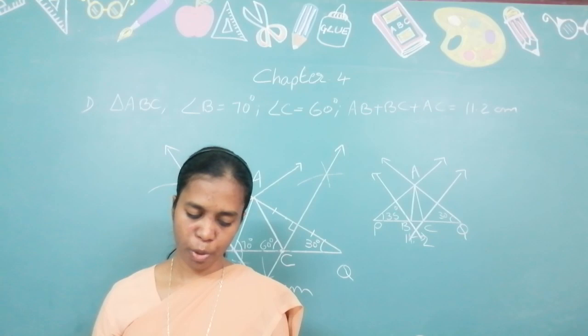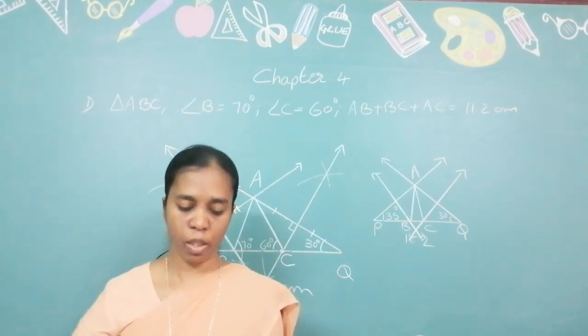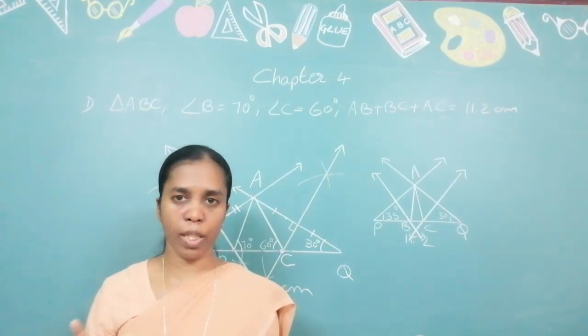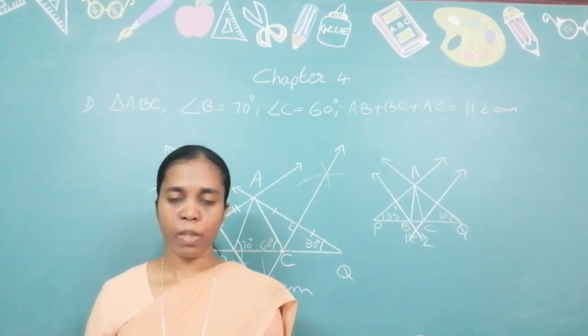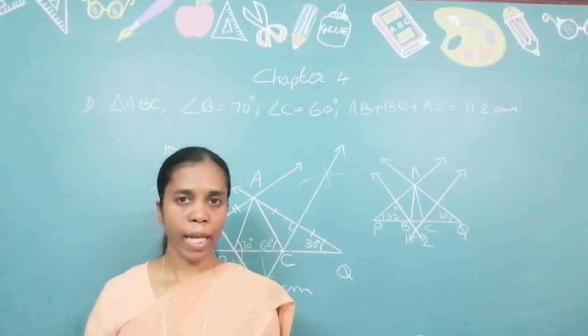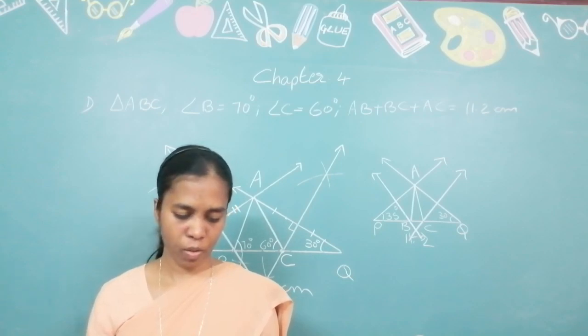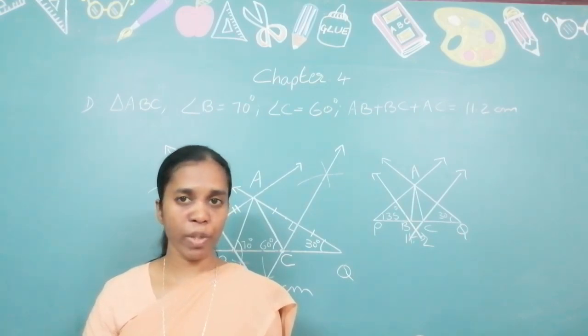Perimeter of a triangle is 14.4 centimeters. The ratio of the lengths is given to you. You are not told that one side is equal to this much, second side is equal to this much. Whenever a ratio is there, you have a constant attached to it. So you can consider x to be a constant over there. So length of first side is 2x, next will be 3x, next will be 4x. Add all that, find the value of x. Then from the perimeter, because you know that AB plus BC plus AC, the sum of all three sides will be 14.4. From there you can get the length of each side.